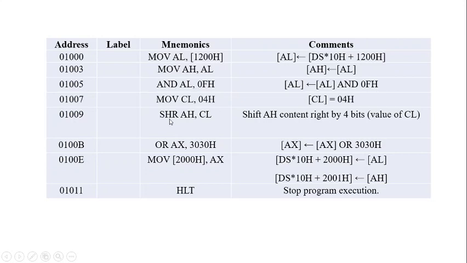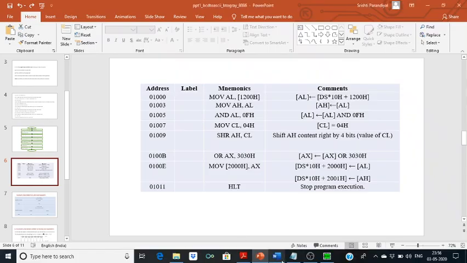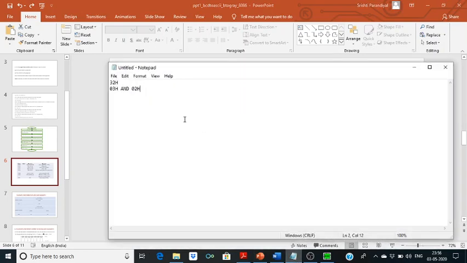Now AH register has the original number, so we do a logical right shift. After logically right shifting 4 times, we will get the higher order nibble directly in the unpacked form. For example, let me show you an example. Suppose I have the number 25H.